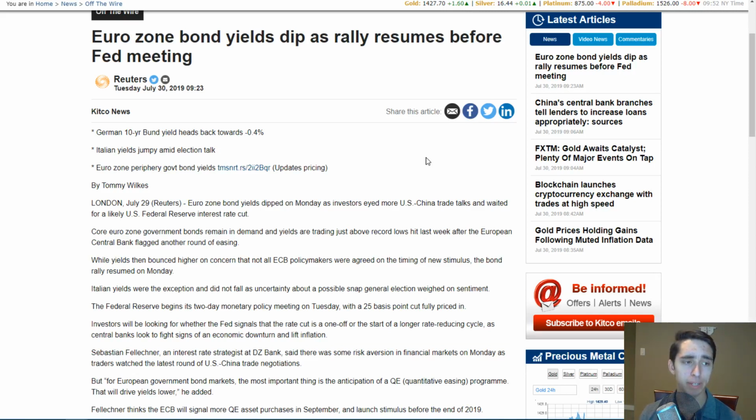Now, the whole idea here is that there's a continuous competition a bit across central banks. If the Federal Reserve decides to cut rates 4 or 5 times, it's probably going to be good for currencies in the Eurozone in this case, from the euro as well as other competing currencies. So you have to watch things like this. Sorry, I spoke about it as if there's multiple currencies in the Eurozone. There's the euro. But what I meant to focus on in this case, as I'm doing everything in one take, is the yields on the bonds. Okay, so you're going to see a dramatic shift depending on what the Fed decides to do in this instance,